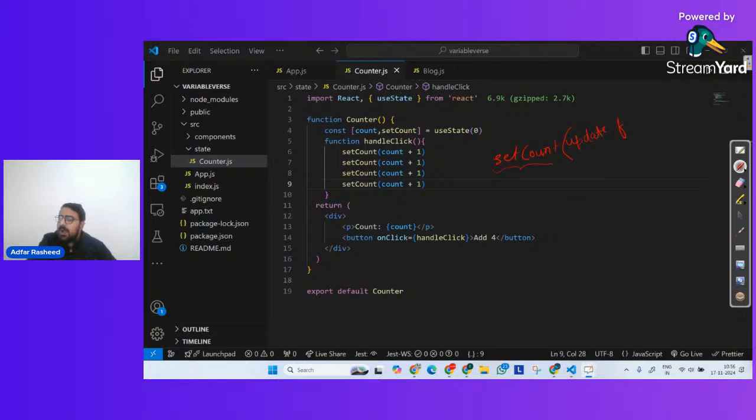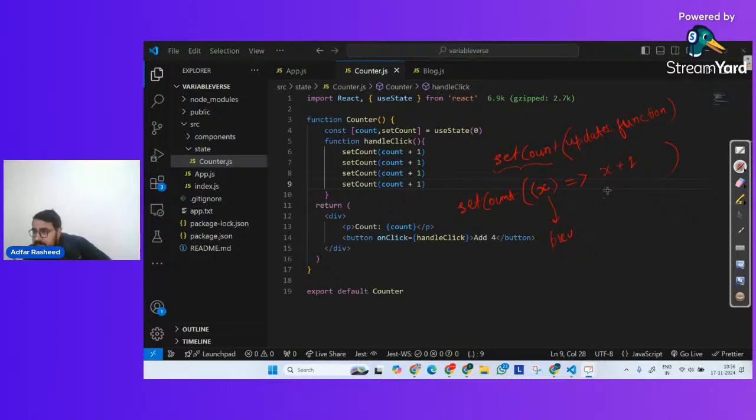Write it down, it's called updater function. Where we simply tell it set count, and we pass an argument over it, which is a function, a callback function. It's updater function, a callback function with respect to set count. Over here you pass any argument. Let's suppose I will pass x. Now this x is your previous state. Then I can simply tell it return x plus 1, maybe x plus 2, x plus 3, x plus anything. When we say set count, and we pass a callback function as an argument,